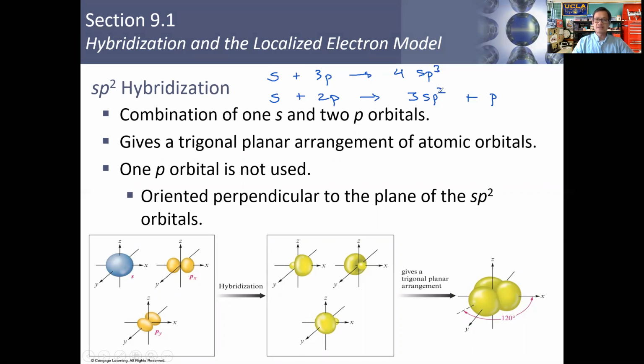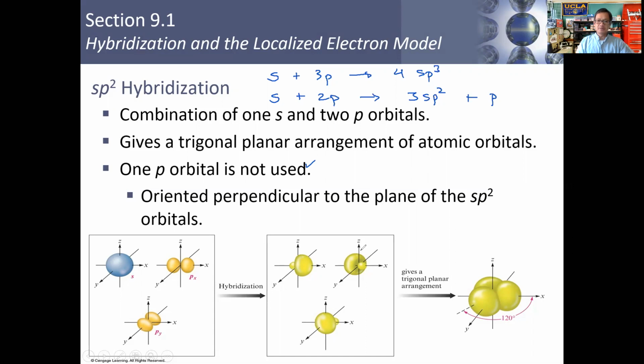Okay, so in this case, then we will have three hybrid orbitals and one unhybridized atomic orbital here. So one of the p orbitals will not be used. Okay, all right. So with that said, the symbol and the name of the hybrid orbitals tells you how it hybridizes. So sp2, it takes the one s orbital and takes two p orbitals and hybridizes them together